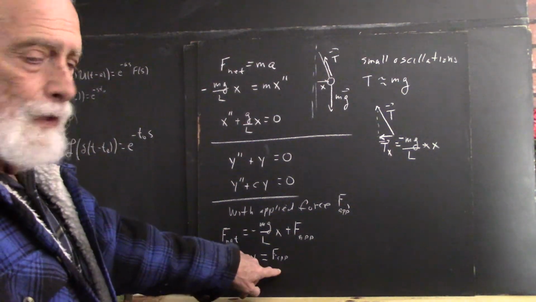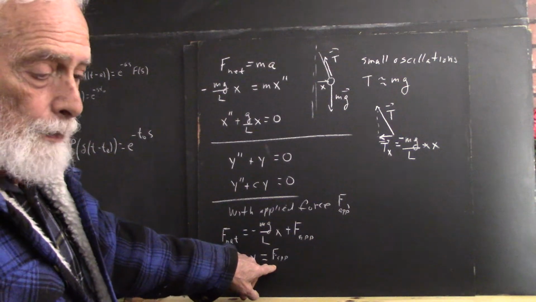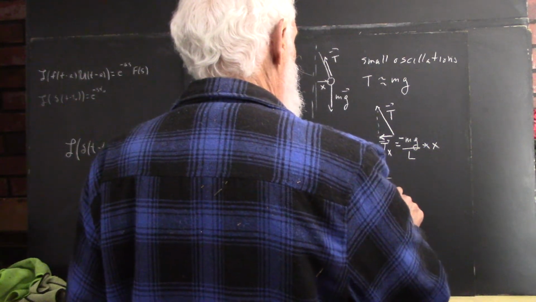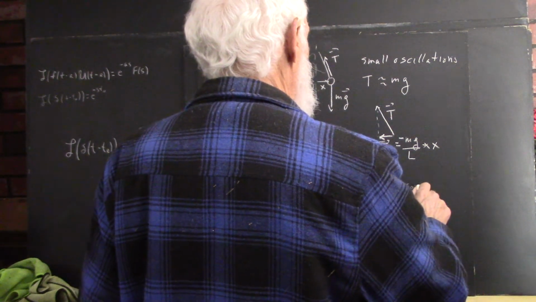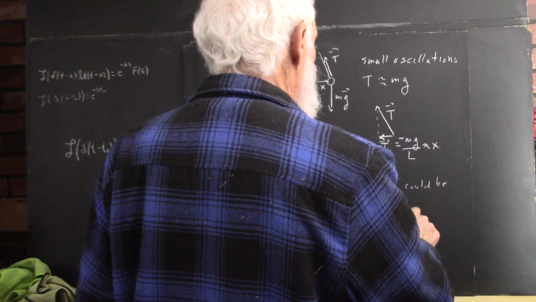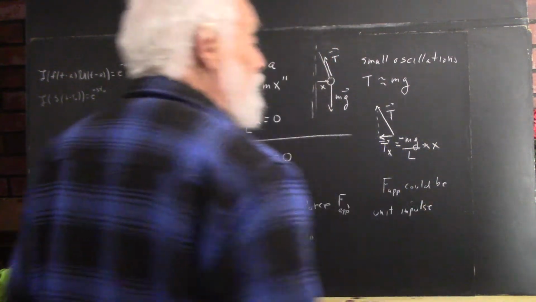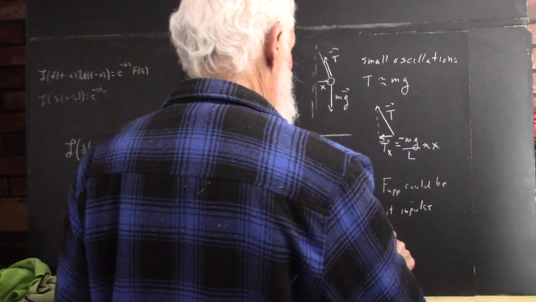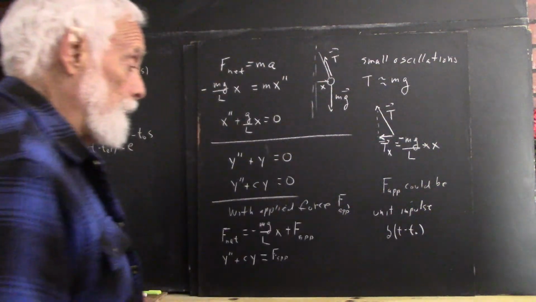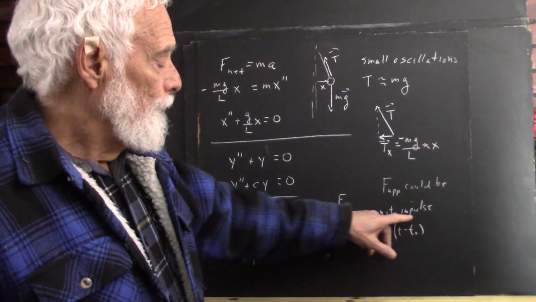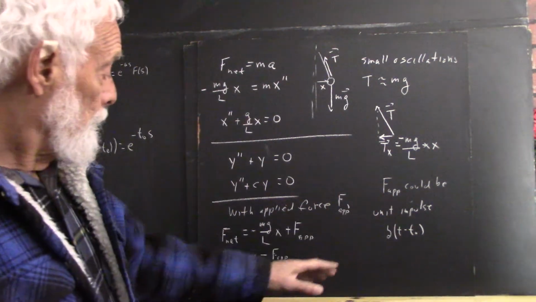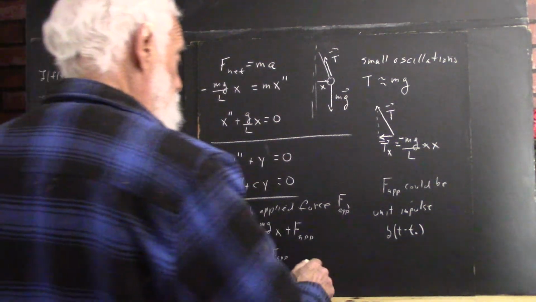Okay, so that's the context here. The applied force could be our impulse. The applied force could be a unit impulse delivered at time t0, so be some multiple at least of delta of t minus t0, your Dirac delta function. Okay, it could be a unit impulse delivered at this time, or it could be a multiple of that unit impulse, so that you would end up with an equation of the form,